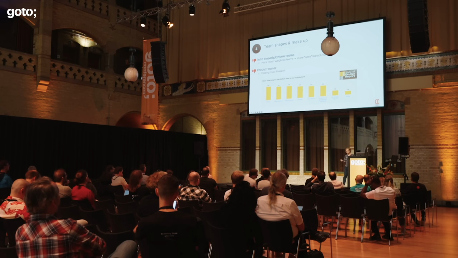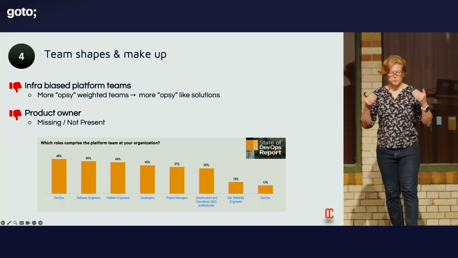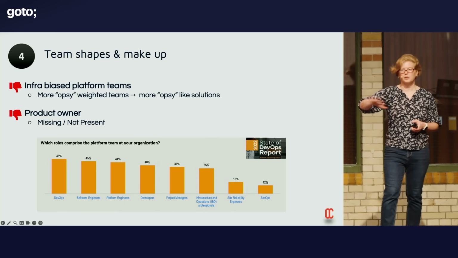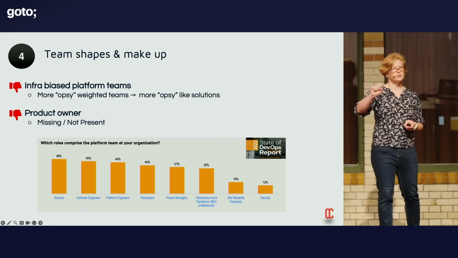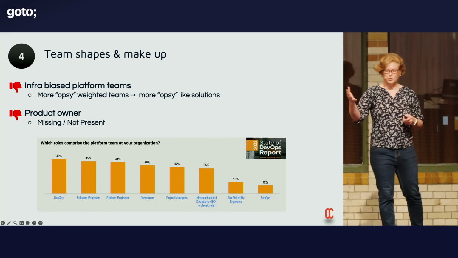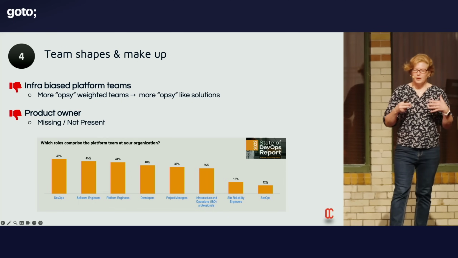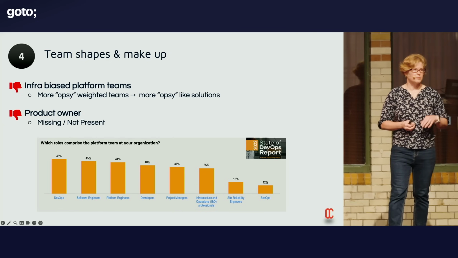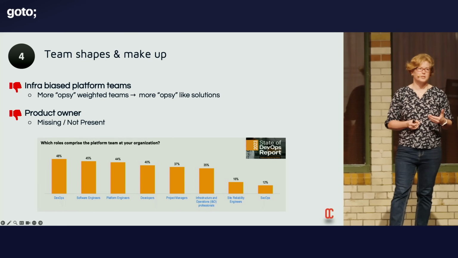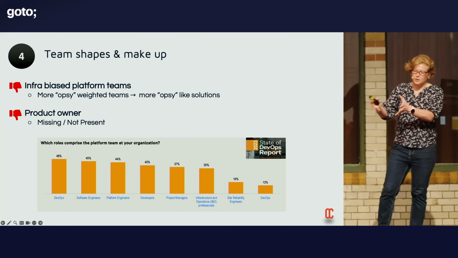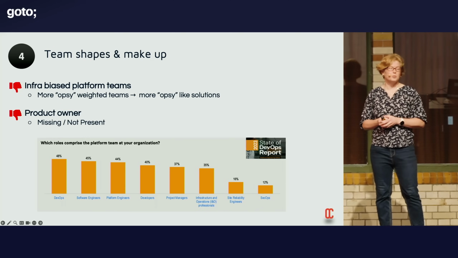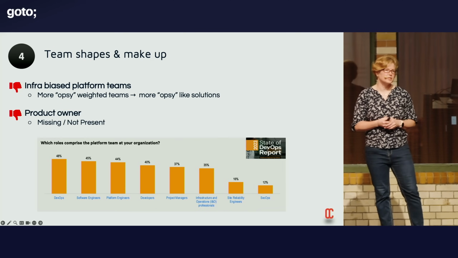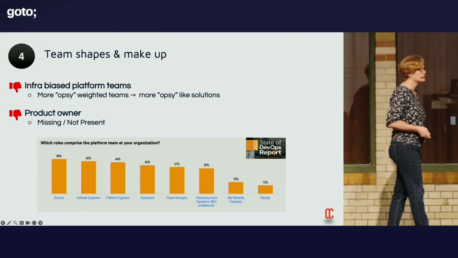Now, one of the things that might happen is that we say, well, we know we need a product owner, so let's just pick somebody in the team, maybe a principal engineer, and say, you're going to be the product owner or the product manager. The challenge with that is that it's fine if they have the skills to be able to do that. But product management is a skill in and of itself. So if you just pick somebody and they don't have that capability, you have the product owner in name, but not necessarily in the actual skills that are needed to deliver it.